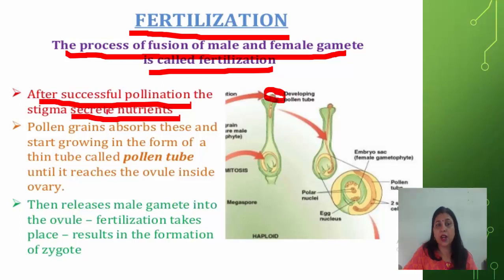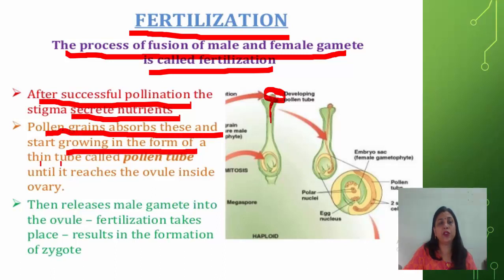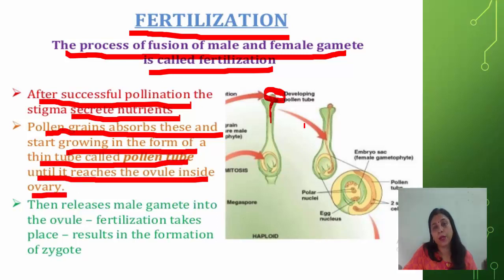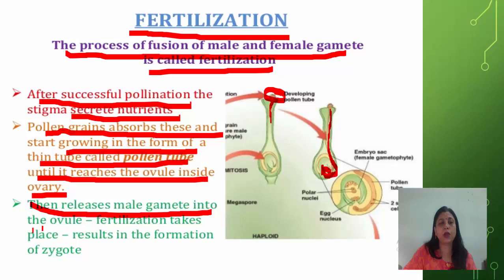Now, stigma starts secreting nutrients and the pollen tube starts developing. The pollen grain absorbs these and starts growing in the form of a thin tube which is known as pollen tube until it reaches the ovule inside the ovary. और ये कब तक डेवलप होता रहता है? जब तक कि वो ओवरी तक ना पहुंच जाए. You can see here. Okay, now once it has reached the ovary, then it releases the male gamete into the